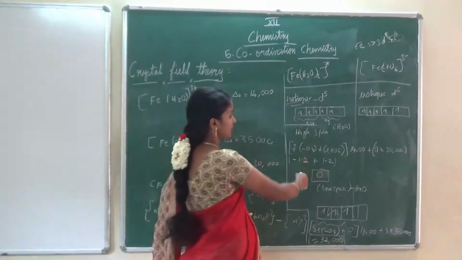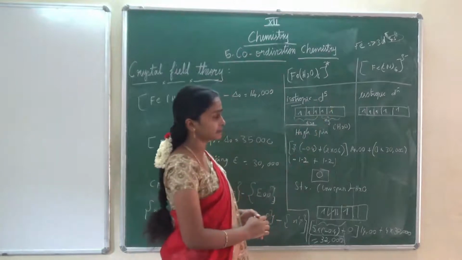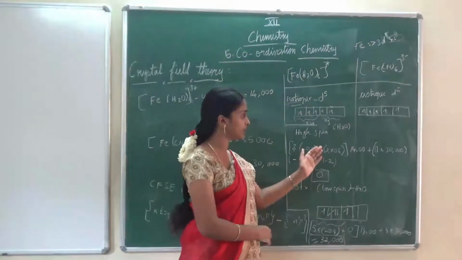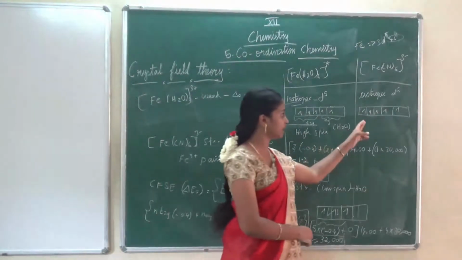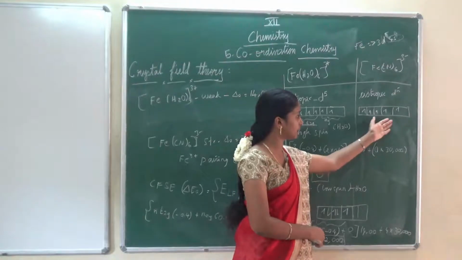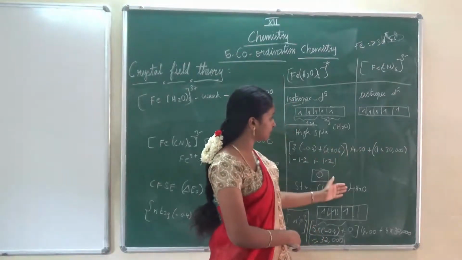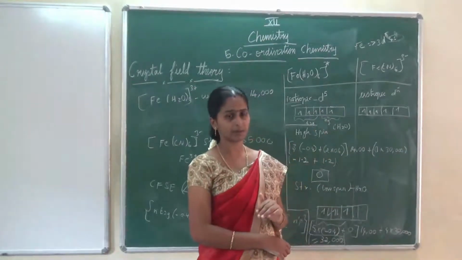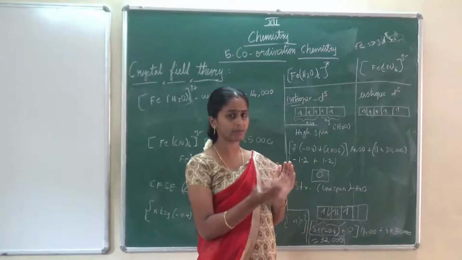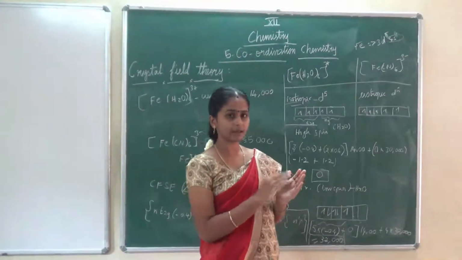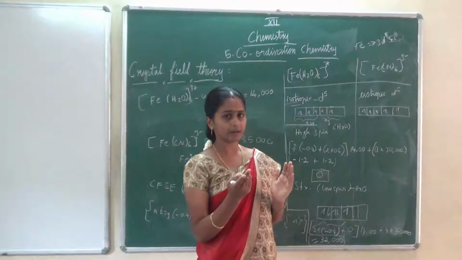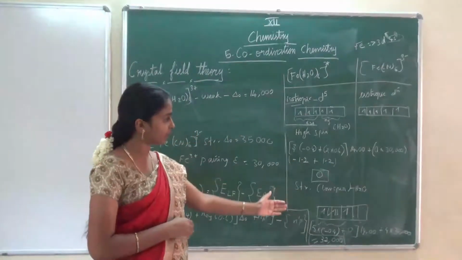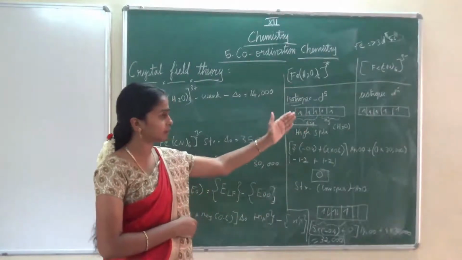In the same way, we have to calculate for Fe(CN)6 3-. For that also, first we have to consider the complex as high spin. That means you should not pair any electron; you have to keep all the electrons as they are. Then you have to consider the Fe(CN)6 as a low spin complex. That means you have to pair the electrons. When you pair the electrons, you will get two paired electrons, so you have to multiply them. The same way we did for water, we have to do it for the cyanide complex.